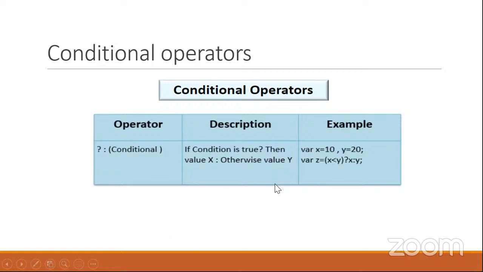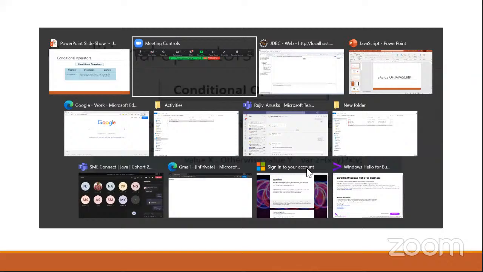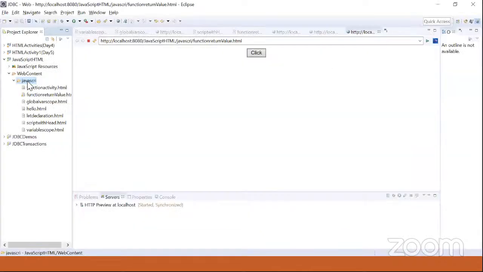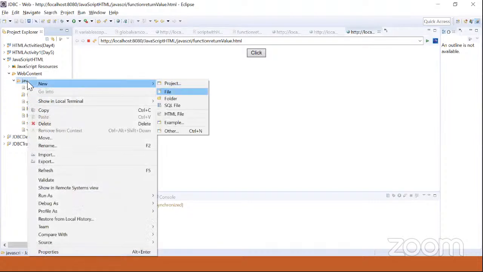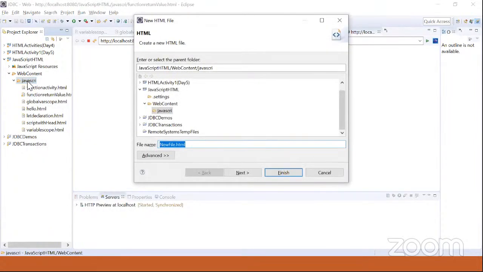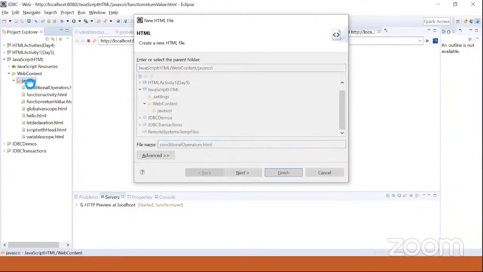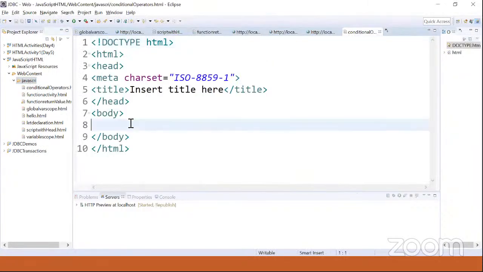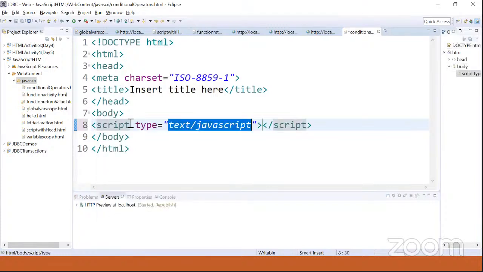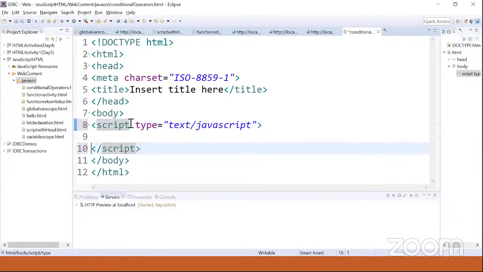Let me take an example for conditional operators. We can also call them ternary operators, right? So these are conditional operators. Here, in this script,